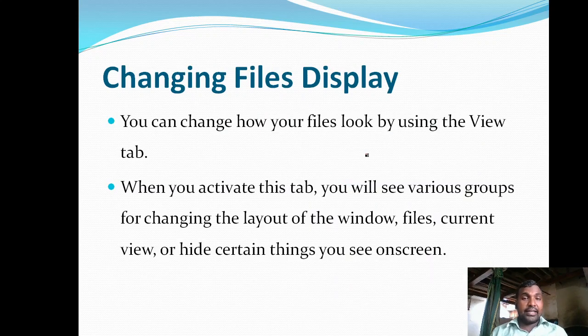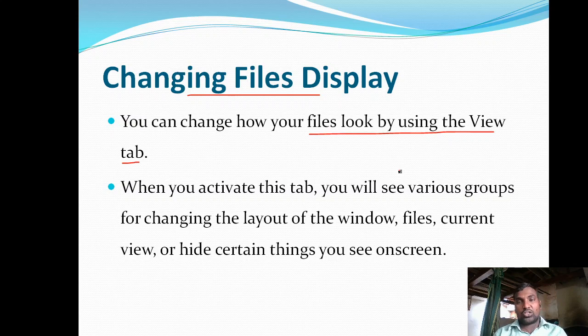Right, next one is changing files display. You can change how your files look by using the View tab. In the menu bar we have the File option as well as the View menu. In the View menu we have several commands.